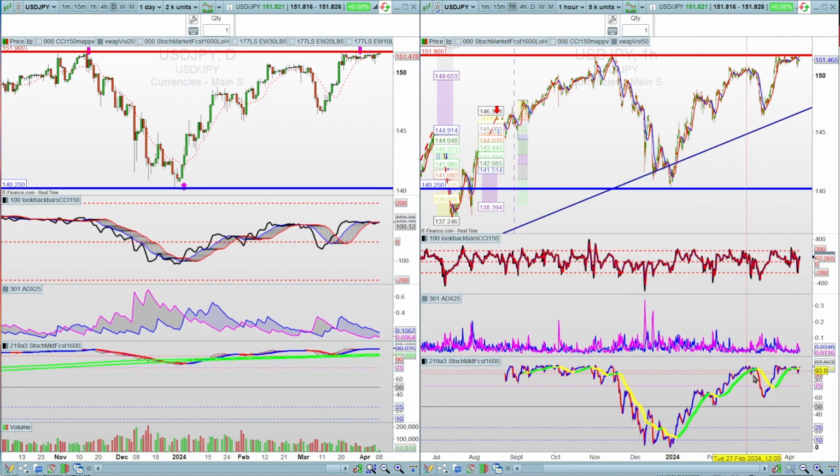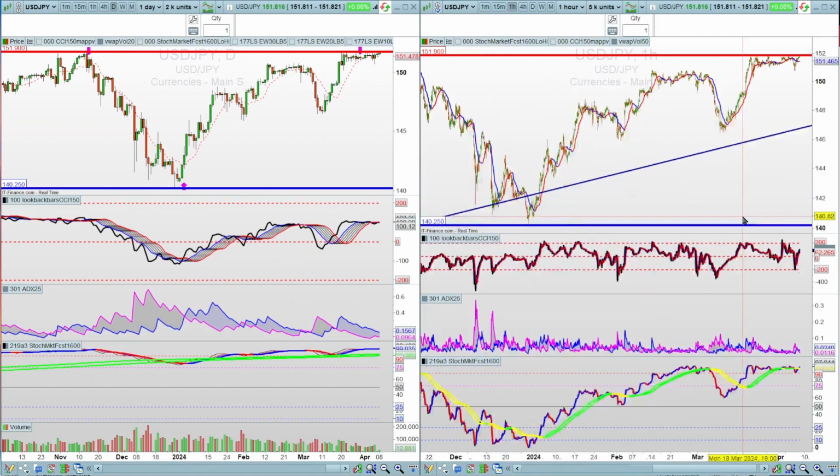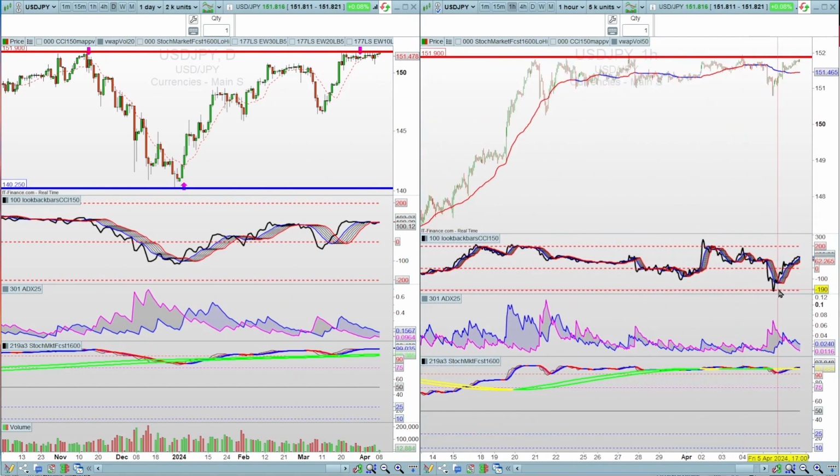On the hourly, you can see there it's in the overbought territory, so just be careful again. I'd like to see that break higher. If I zoom in, there's no divergence to talk of here. That CCI is moving in line with the price on the daily. On the hourly, okay, zooming in,